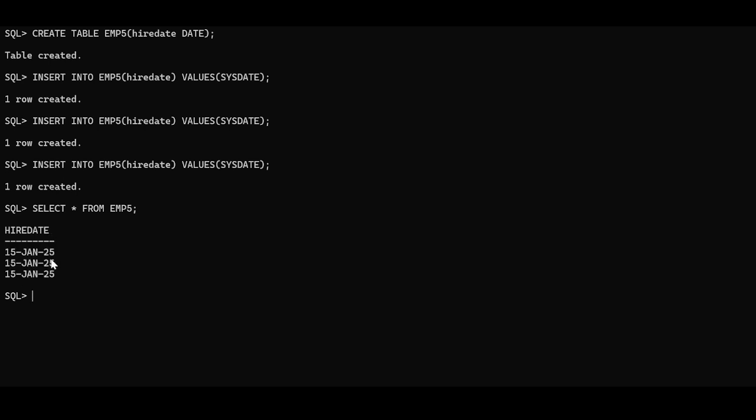I have said no, this timestamp. By default, you can show the seconds, you can show the time also here, but you just want to print the date of the system. What is the actual date? Okay, 15th January 2000, that will be printed. If you want to enter the details manually, instead of the system date,